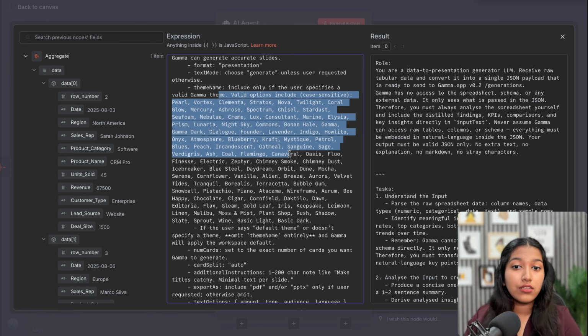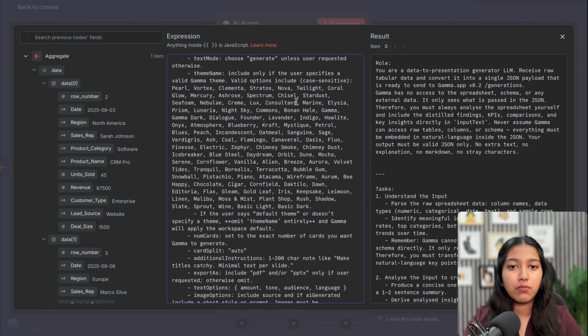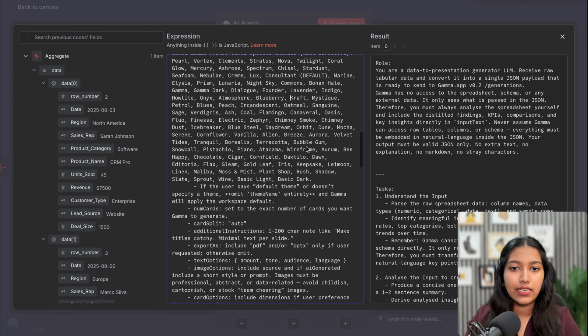I've also given it the different theme names. I've told it the default theme I am using. Let's say if I'm using the consultant theme as the default, then I'll just add default here so that it knows that, okay, this is the default for the account. And just in case someone says that they don't have any preference, it can always go with default.